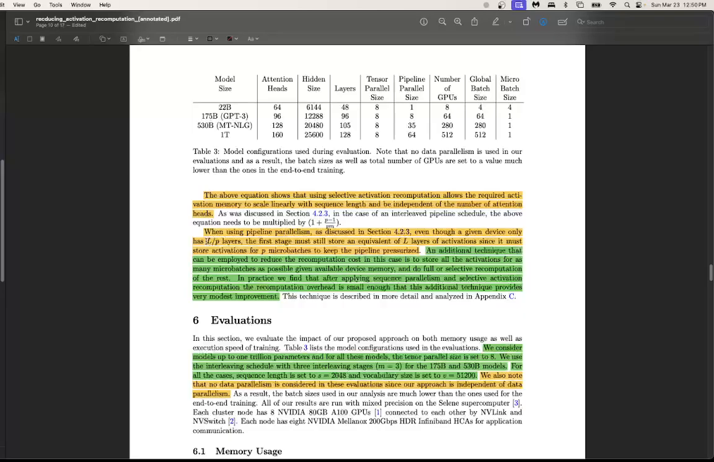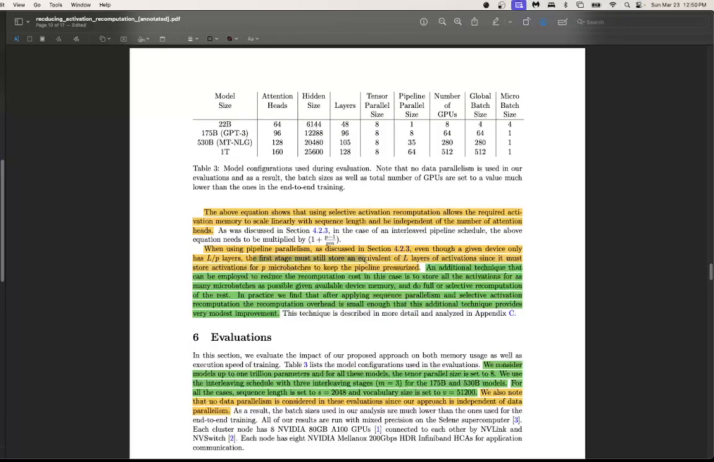And then they talk about the pipeline parallelism section here. I found all the pipeline parallelism stuff in this paper kind of not as clear as the other sections, but we'll try to go through it here. They say even though a given device only has L divided by P layers, right? Your total number of layers divided by your pipeline stages. The first stage must still store an equivalent of L layers of activations, since it must store activations for P microbatches to keep the pipeline pressurized. So what this is talking about,